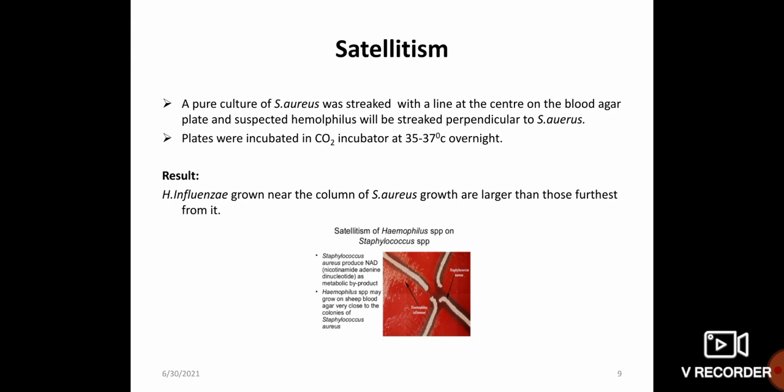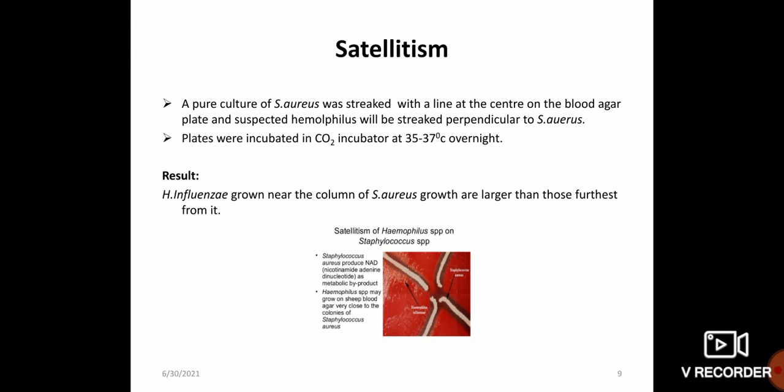Why do we inoculate on chocolate agar? Because of how chocolate agar is prepared: after autoclaving the nutrient agar, we take it out, and when the temperature is still about 70-75 degrees Celsius we add blood and make it into chocolate agar. That means the RBCs will lyse. RBCs have these NAD and NADP factors, which are very important for the growth of Haemophilus. So when we add blood to the hot nutrient agar, the blood cells lyse and expose the factors in the media, and Haemophilus will grow well.